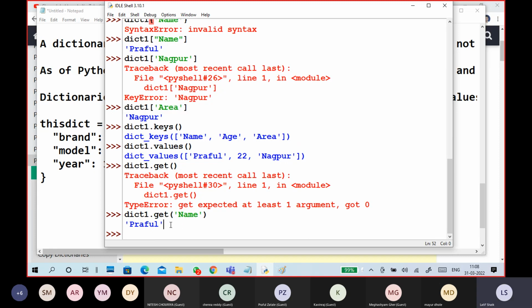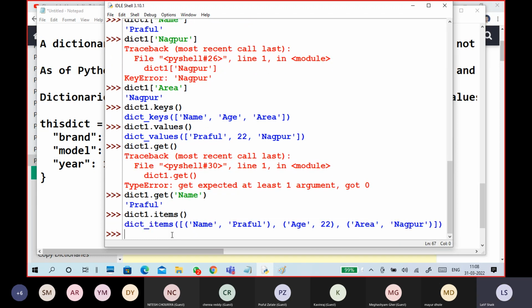Also I can call the key and get the related value. Then items, like this. See, this is items, this kind of stuff.